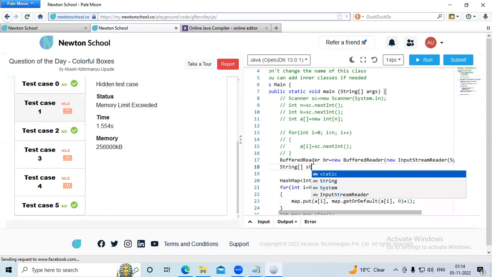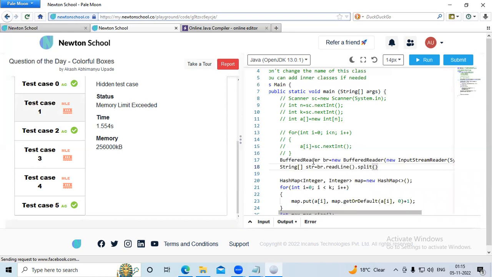So we'll write String str equals to br.readLine().split